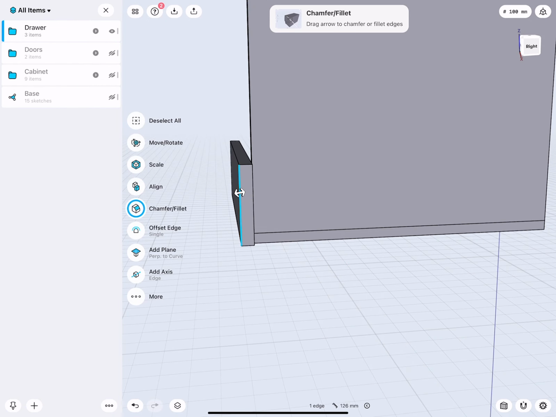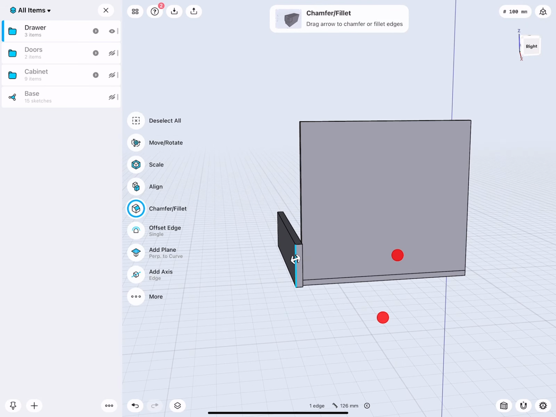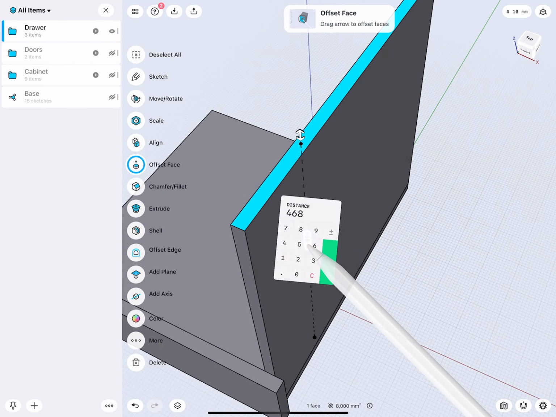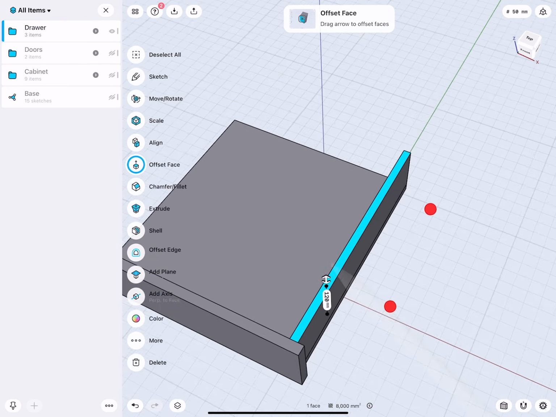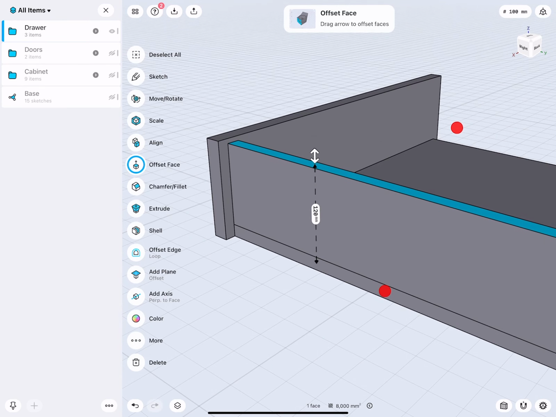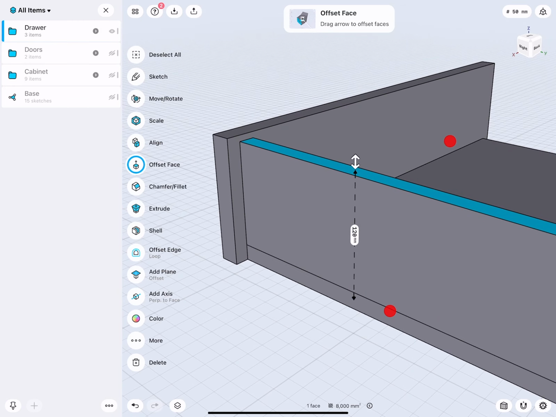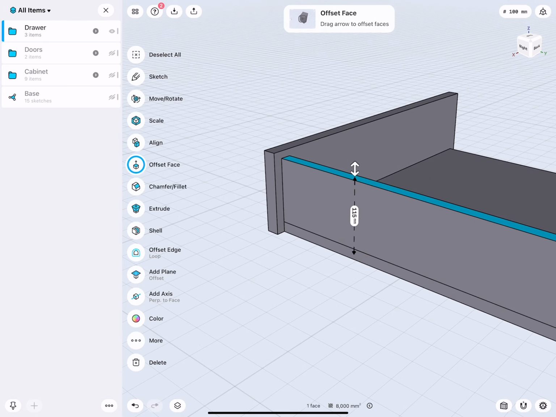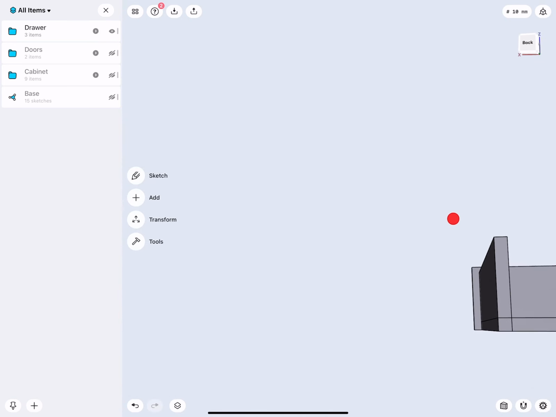This height is 126. Very good. Make this 120, so 6mm smaller. 115. Okay, good.